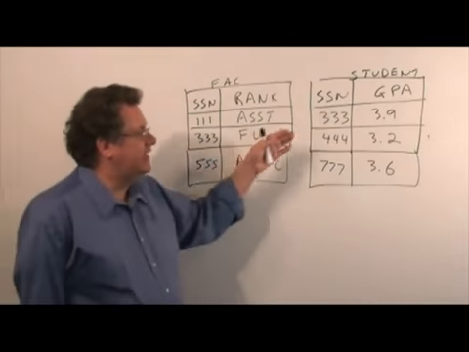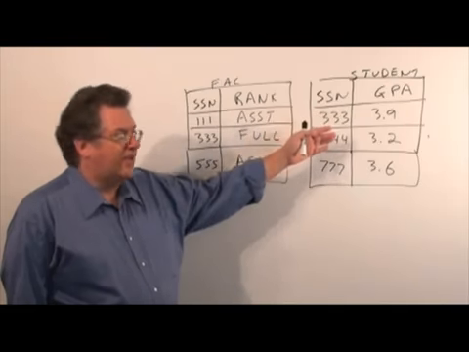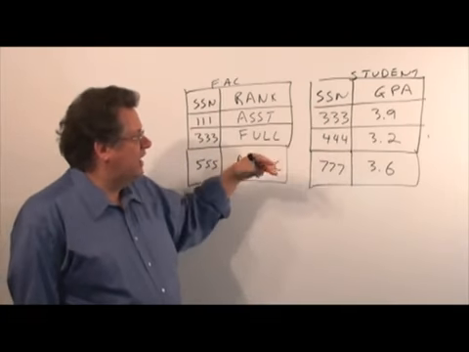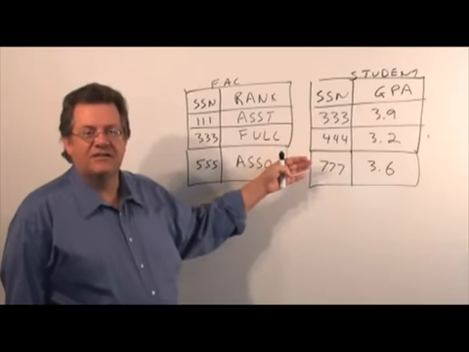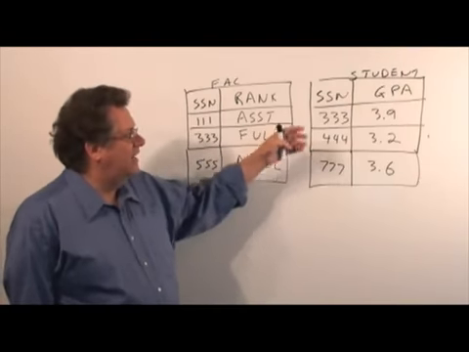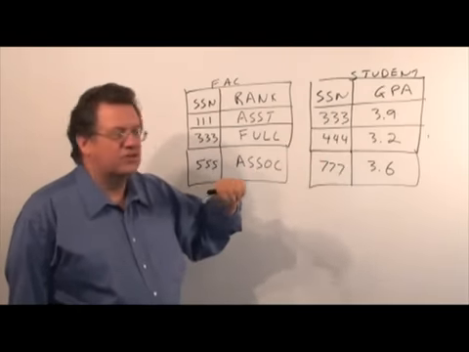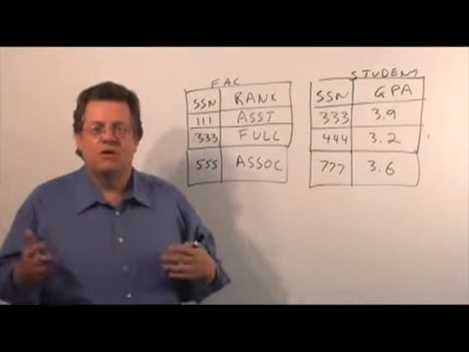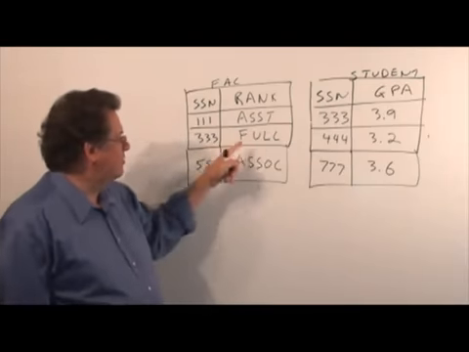On my right I've got social security number and grade point average: 333, 444, 777, with respective grade point averages of 3.9, 3.2, 3.6. Obviously what they have in common here is the 333,